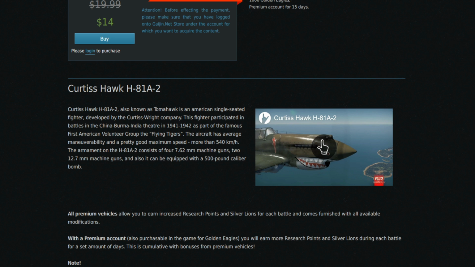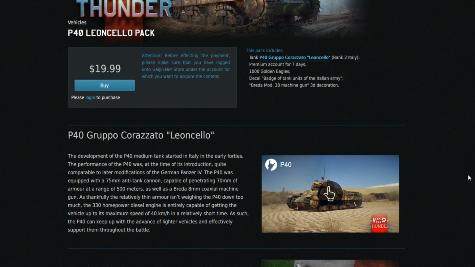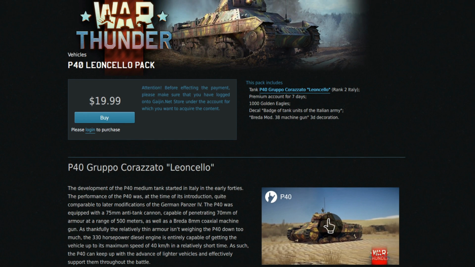So there's also that too. The next one is the Leoncello. The Leoncello at 3.3 makes a cornerstone of the Italian lineup of that BR. 3.3 is one of those BRs I always go back to when it comes to Italy, to be able to do authentic decals, to get, you know, SL and stuff like that, because what you have is the P40, then